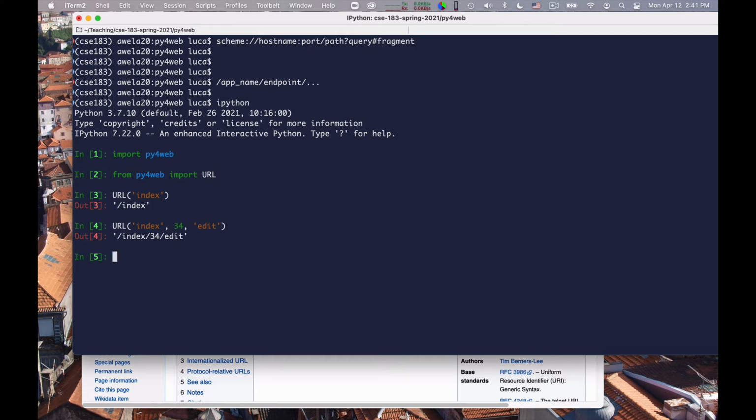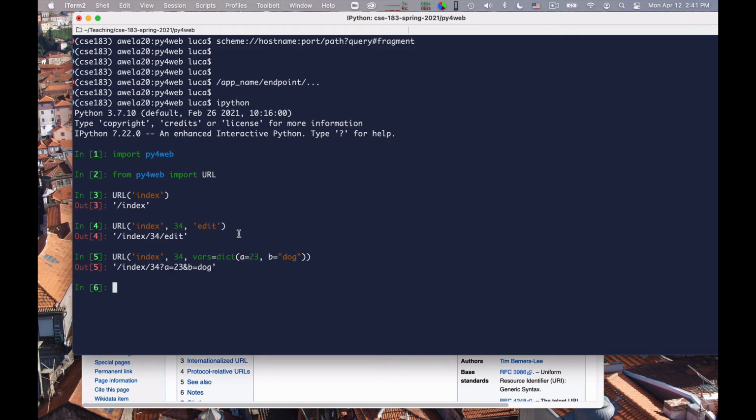And if you want to generate a query string, you do this: URL, for example, index, 34, and then you say variables to be encoded is equal to a dictionary in which A is equal to 23 and B is equal to dog. Okay, so if you generate a URL in this way, index and 34 become part of the path, and A is equal to 23 and B is equal to dog become part of the query string.